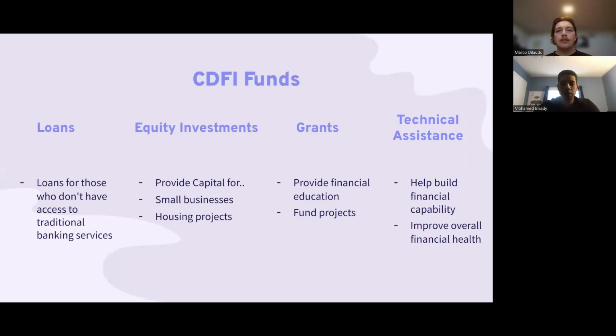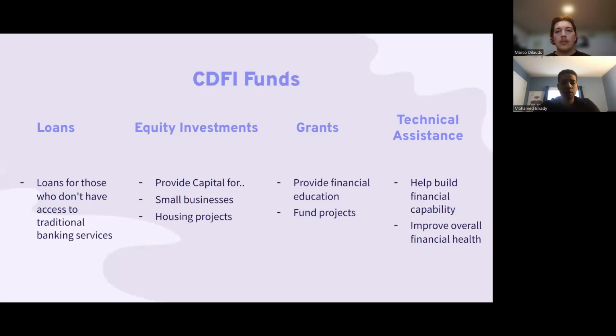Okay, thank you, Rohit. So there are several ways that CDFIs provide funds for communities in need. Some of the most common methods include loans, equity investments, grants, and technical assistance. So loans: CDFIs offer loans to individuals and businesses that may not have access to traditional banking services. These loans may be for a variety of purposes, such as starting or expanding a small business, purchasing a home, or